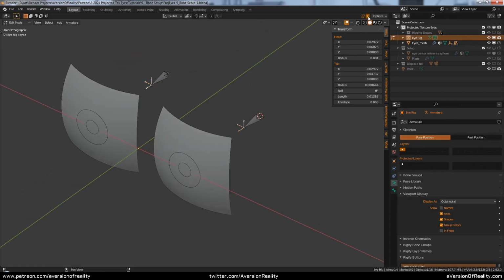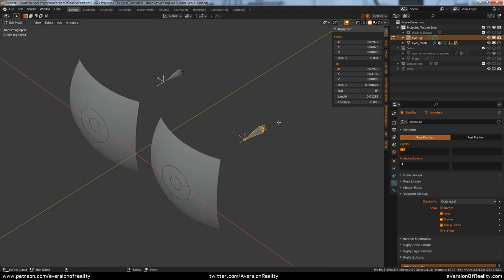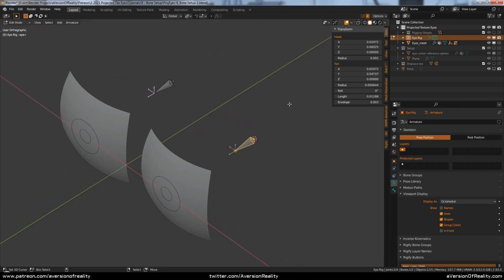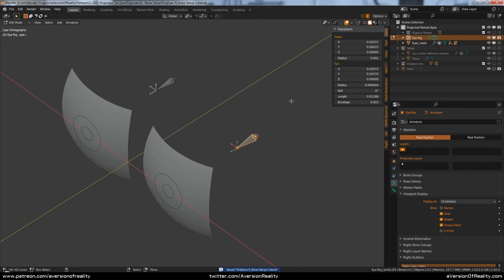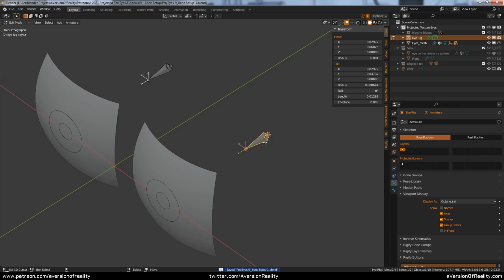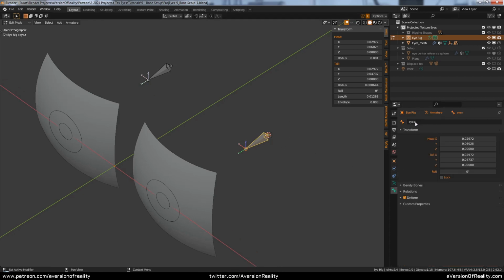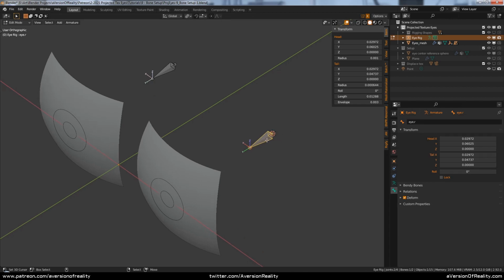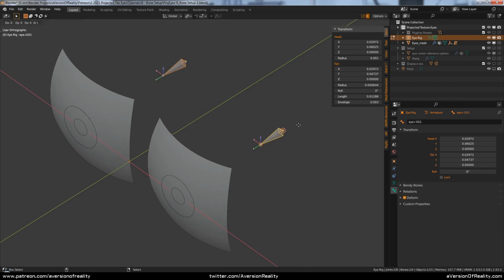I also, of course, have mirroring enabled in object mode so that anything I do to one side happens to the other, although we don't always need that, and of course that only works on bones that are named ending in .r and .l. So these will be the two eye bones, and the next step is to duplicate this one